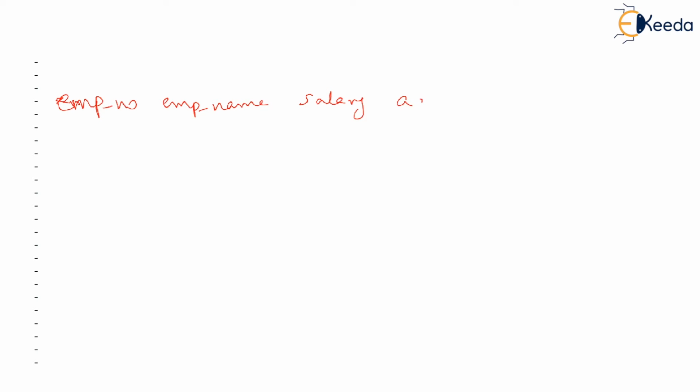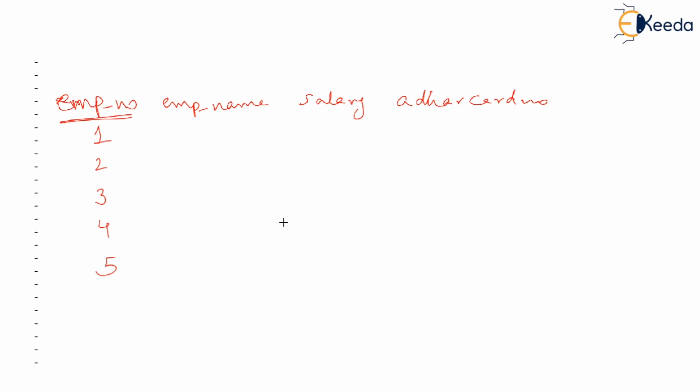Let's come back to our example of the employee table. Just see, we had an employee number, and we know employee numbers are always unique in our company. Employee name, salary, and let's say we also have Aadhaar number of all the employees. Now, somebody will say that, okay, employee numbers are unique. We understand that. So this is the best thing to form a primary key. Employee number should be primary key, no doubt.